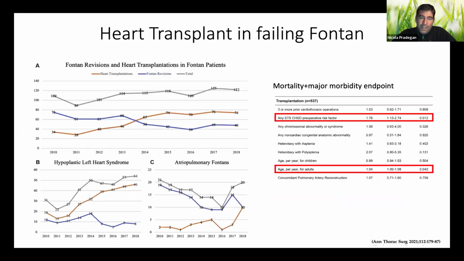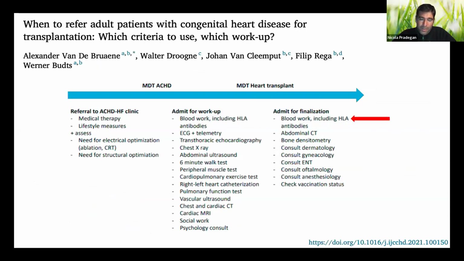Heart transplantation is an emerging and increasing procedure, but unfortunately, I think heart transplantation is not for every failing Fontan. Here in one of the largest cohorts of patients, more than 500 patients studied in this study from the Annals, you see that age and preoperative risk factors represented risk factors for both mortality and comorbidities. And so probably these are important points that we have to rule out when we perform the checklist of patients, the workup before transplantation, with a particular focus, of course, on the immunological status of these patients, which are frequently sensitized,